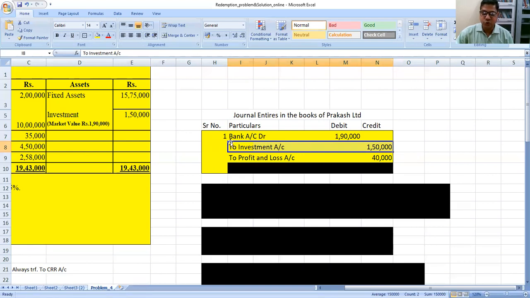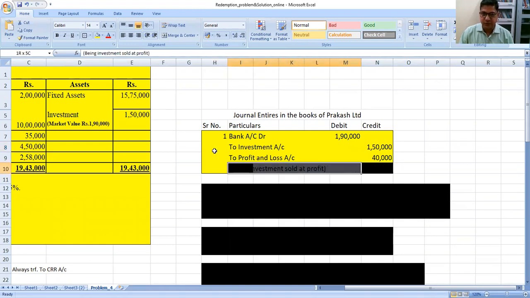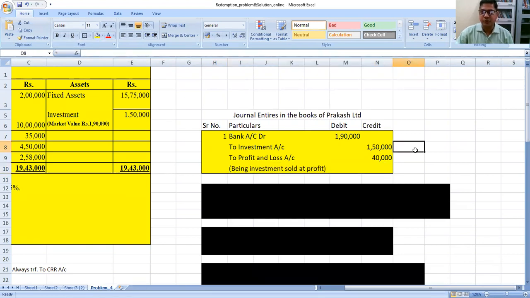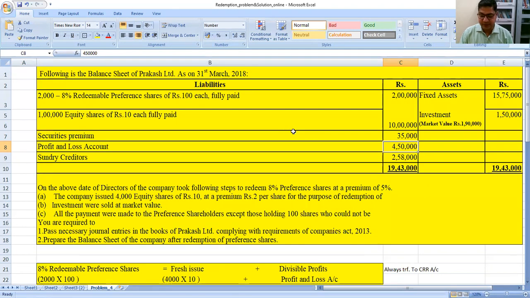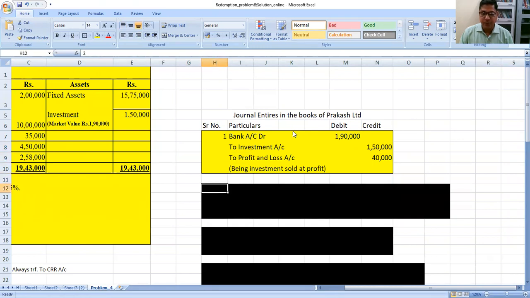The entry for investment sold at profit will be: bank account debit 1,90,000 to investment account 1,50,000 to profit and loss account 40,000. The narration we should write here: being investment sold at profit. म्हणजे 1,50,000 ची इन्व्हेस्टमेंट 1,90,000 ला विकली, 40,000 प्रॉफिट झालं. Profit we will transfer to the profit and loss account. तर हे 40,000 परत त्या प्रॉफिट अँड लॉस अकाउंट मध्ये ऍड होतील. Now next entry we have to pass about